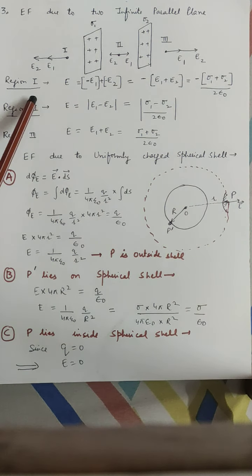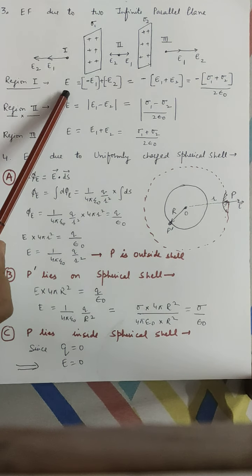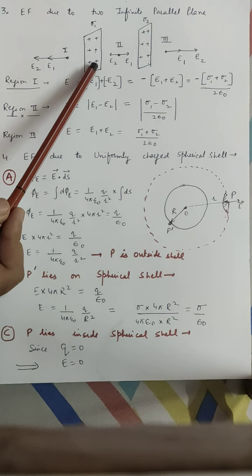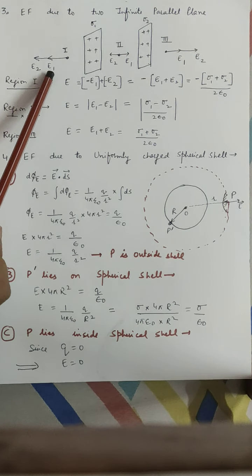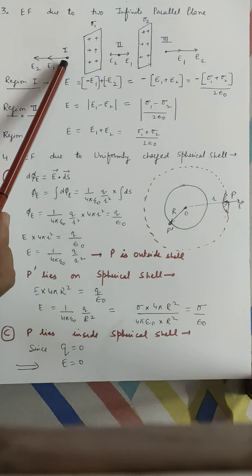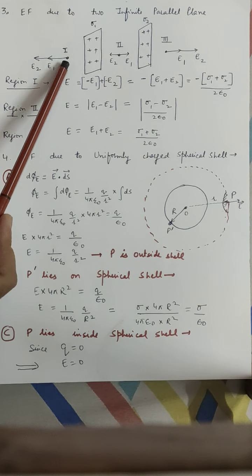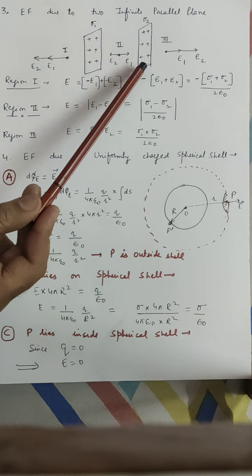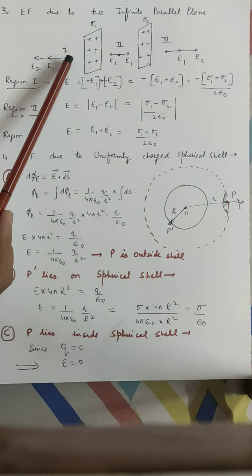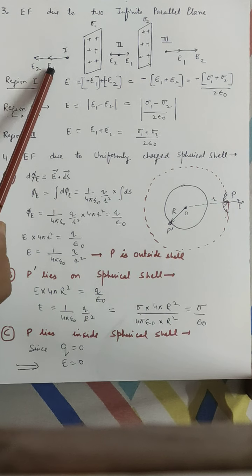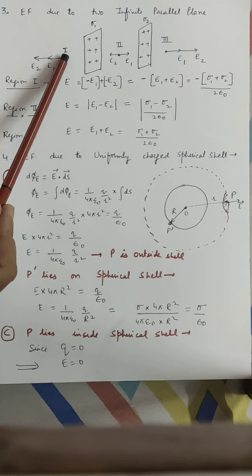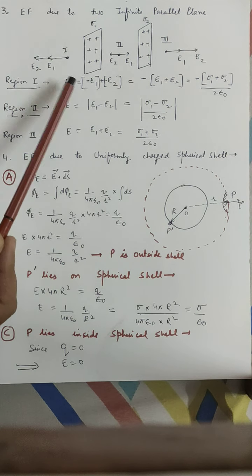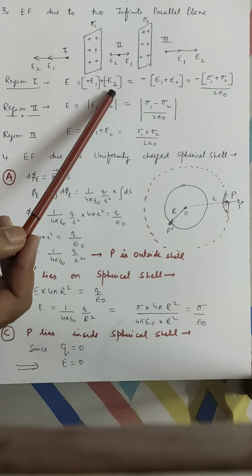So let's talk of region 1. If I talk of region number 1, the direction of electric field from the first sheet will be E1 shown to you. Again, we'll place a test charge which is positive in nature. Positive is going to repel. Similarly, from here also the test charge placed over here is going to repel. So the direction of electric field at point 1 is being shown to you. Since their directions are same, they are going to get added.